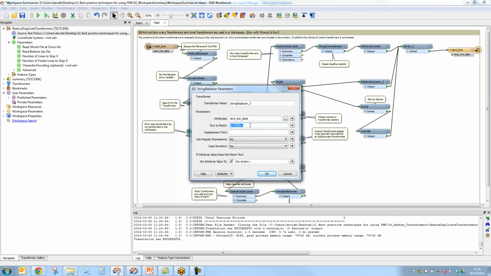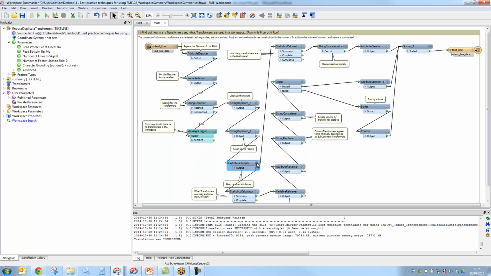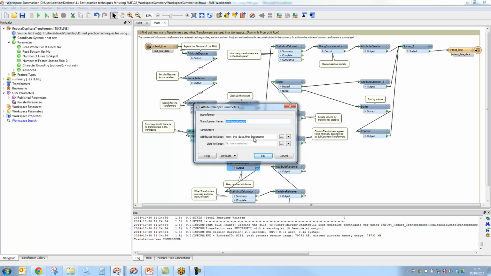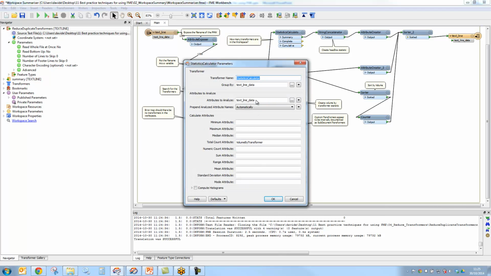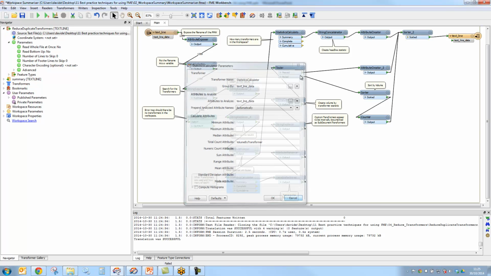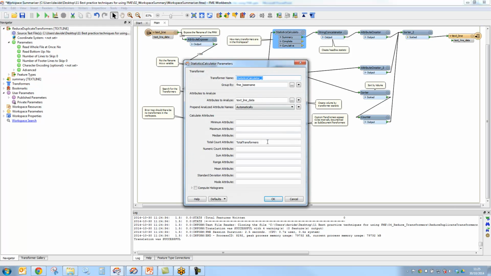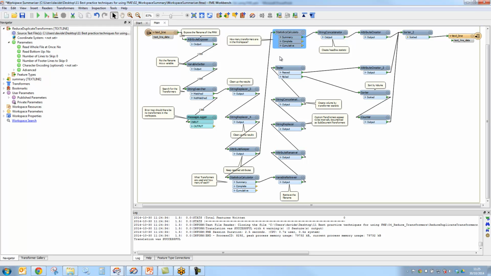We can then search for that text and throw it away with nothing. Do the same to clean up the suffixes. Keep any attributes that we want. So we want to keep the base name and the text data, and then we want to calculate some statistics. And we're doing that in two ways. One option here is to calculate the volume by transformer, and up here we're calculating the volume by the actual workspace itself, total transformers. So effectively summarizing that content,